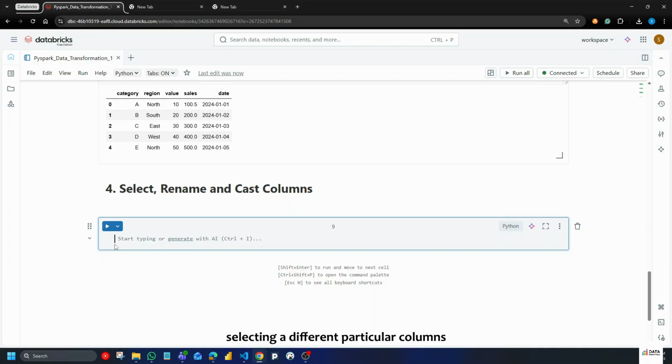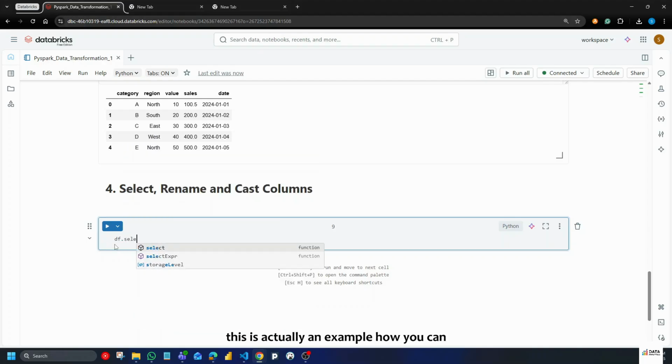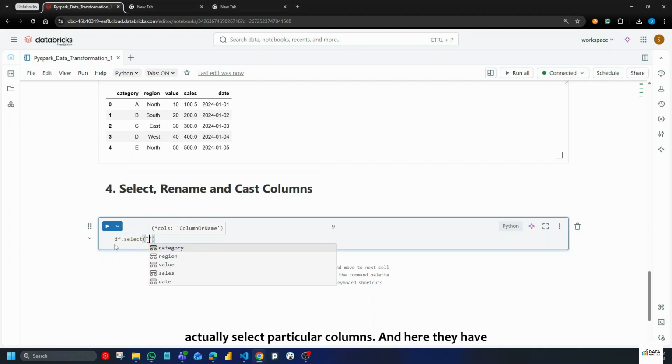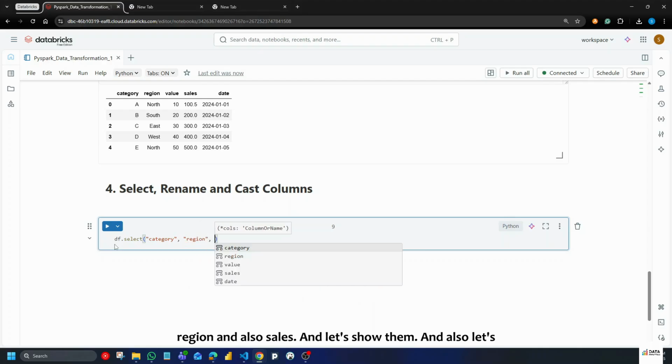Okay, so selecting particular columns from the data frame is something that we have to do at times to check what the actual values of the column are, or there can be multiple use cases. So this is an example of how you can select particular columns. Here df.select category, and then let's select region and also sales. And let's show them,